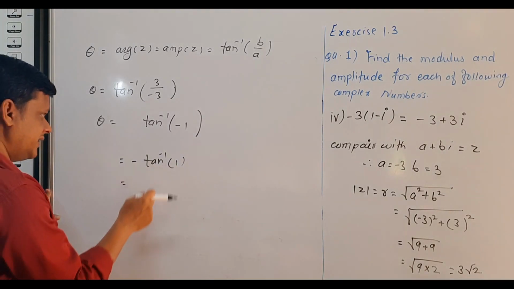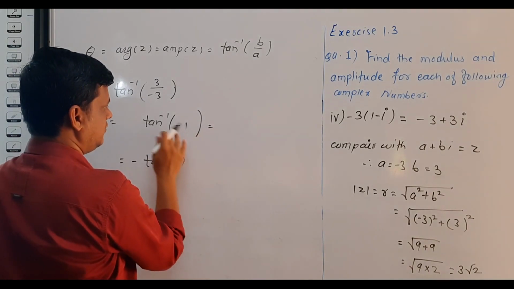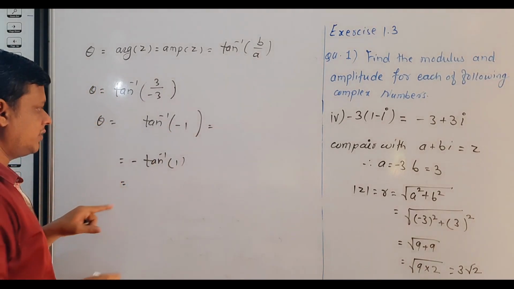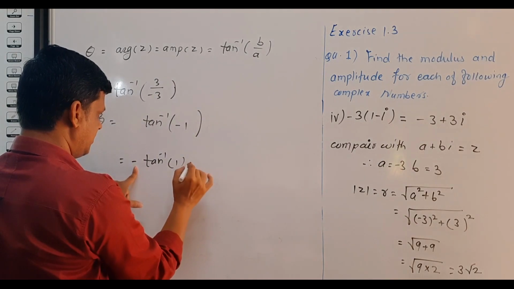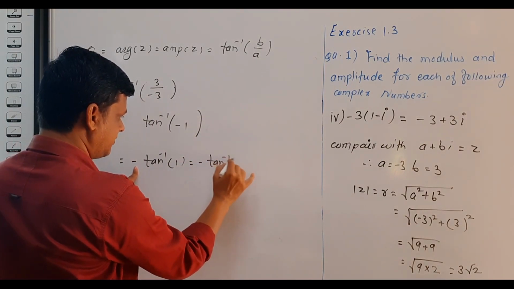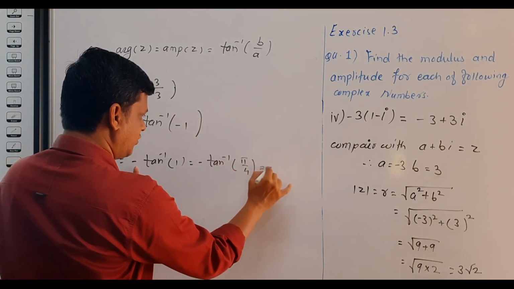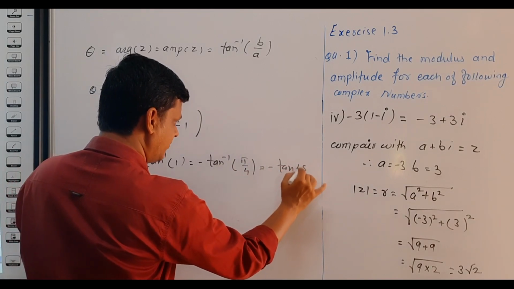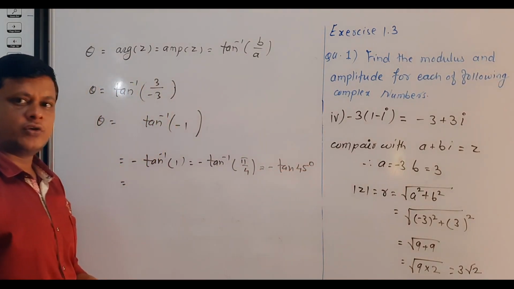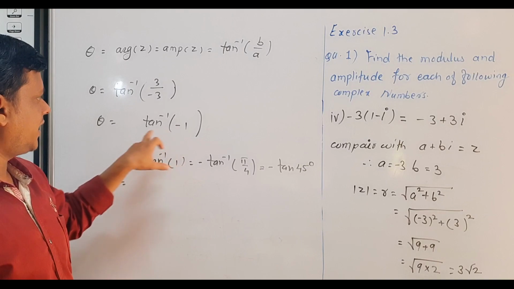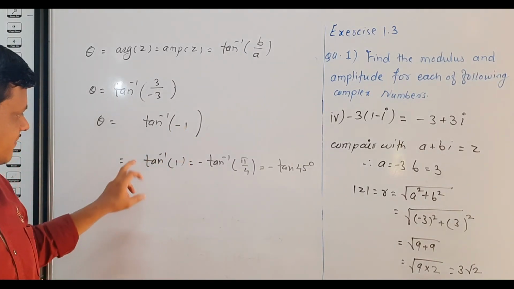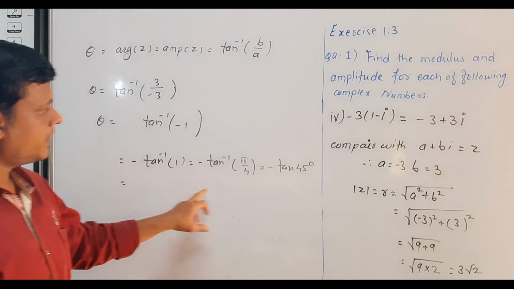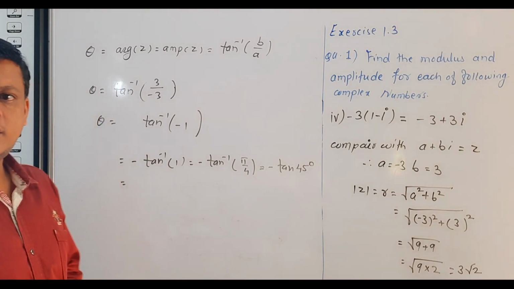or you can write this as, we know that tan 45 is 1, so we write minus tan inverse of pi by 4, that is equal to minus tan 45, because tan 45 is 1. Tan inverse of minus 1 can be written as minus tan inverse of 1. When we write a negative angle,